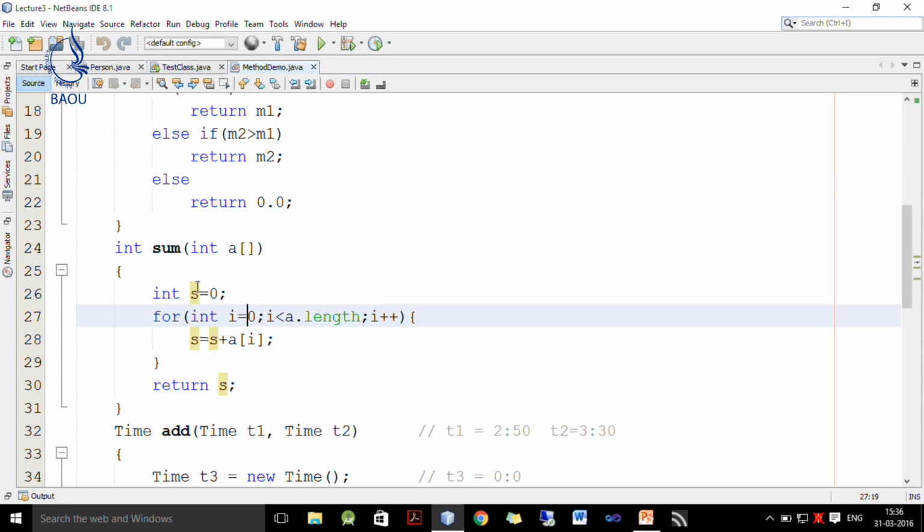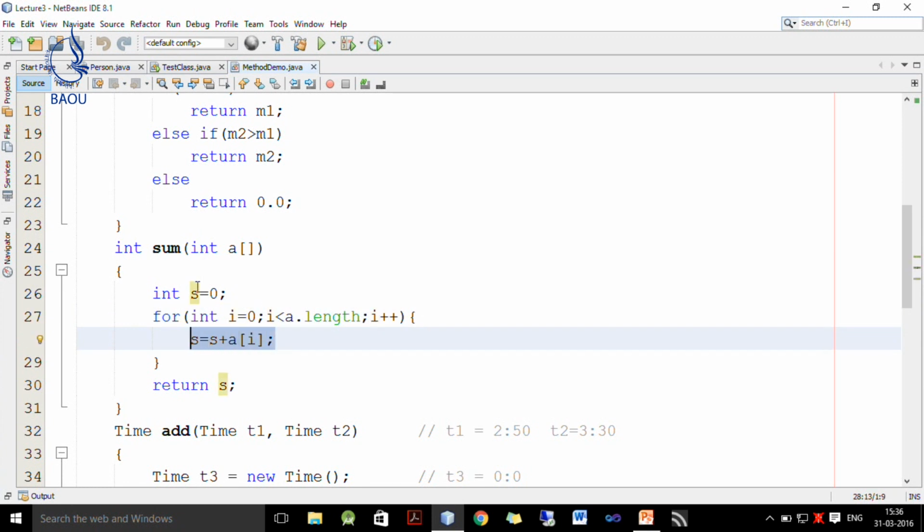Now, we know that array index always starts from 0 and the number of elements is represented by a.length. So, I write i is equal to 0, i less than a.length, and every time i is incremented by 1. Now, what I want to do is add all the elements of the array inside s, which is represented by a[i]. So, I write s is equal to s plus a[i].